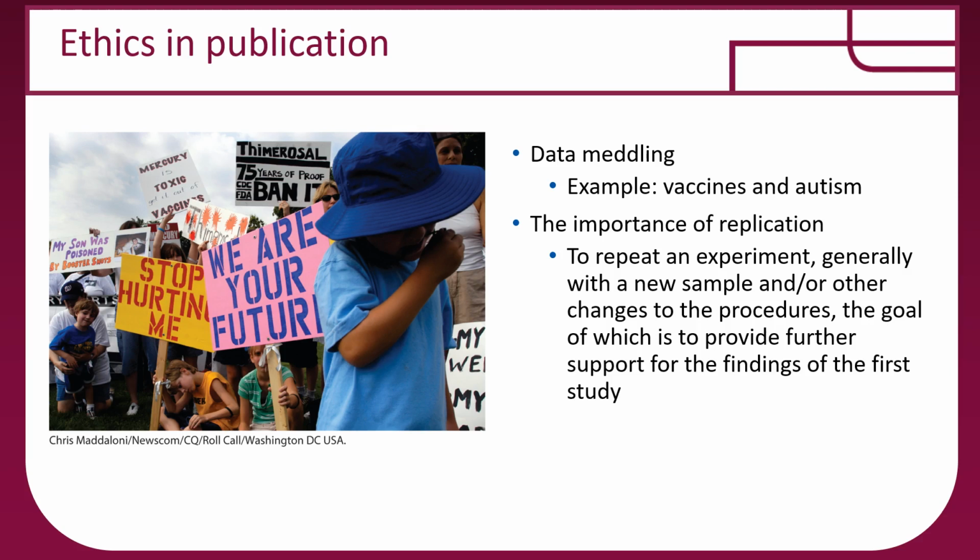Of course, we want to be really ethical in this process of publication. You do not want to meddle in your data. You have to take your data for what it is, right? It's not fair to change any numbers, or that's very unethical. And one big example of this was the research on vaccines and autism. The first study that was done by Dr. Wakefield that found this relationship between vaccines causing autism was a big story and was really publicized all around the world,